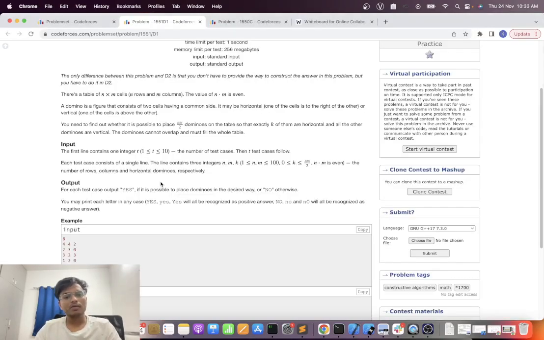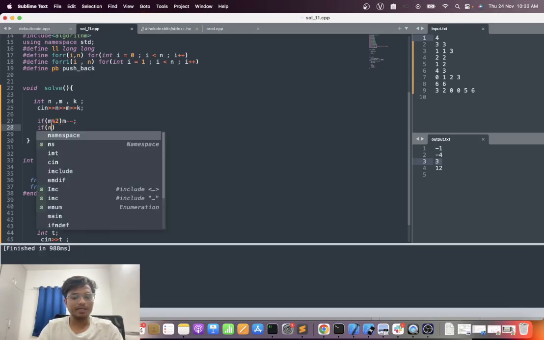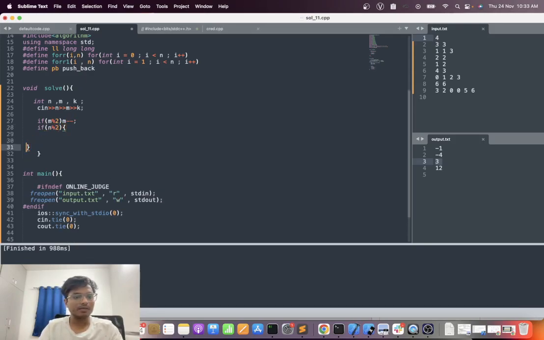First of all, if m is odd, I'm going to subtract 1, making it even. If n is odd, same thing, I'm going to subtract it, n minus 1, making it even. And so if n is odd, I need to subtract, so the last line, or at least one column, should be filled with the horizontal only, that will be m by 2